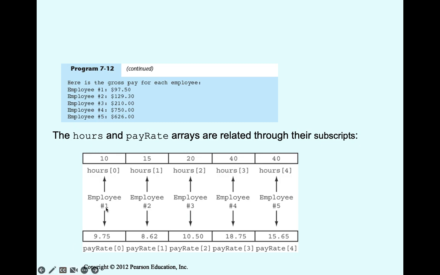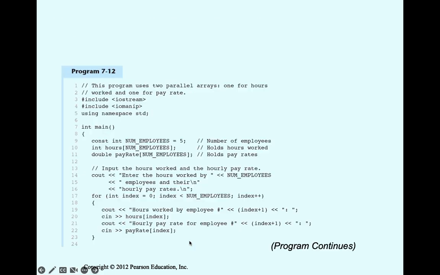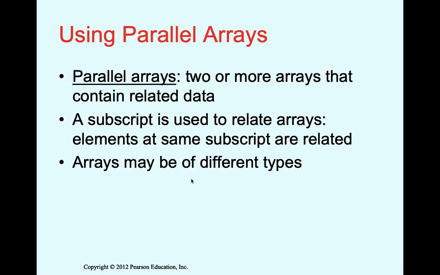So it will be something like this. This is the employee, this is how many hours he works, and this is the pay rate of this employee. So we have two arrays. The first array stores the hours of the employees, the second array stores the pay rate of the employees. And if it's the same index, this means it's the same employee. So this employee works 20 hours and the pay rate for him is 10.5. So this is the idea of parallel arrays,